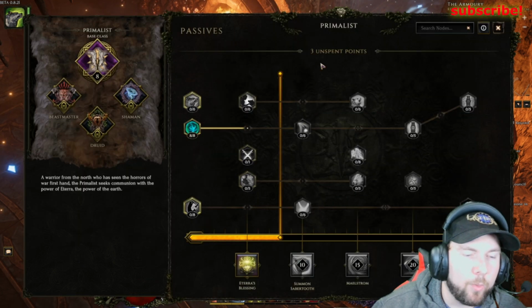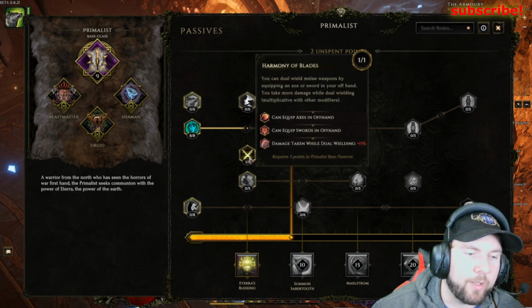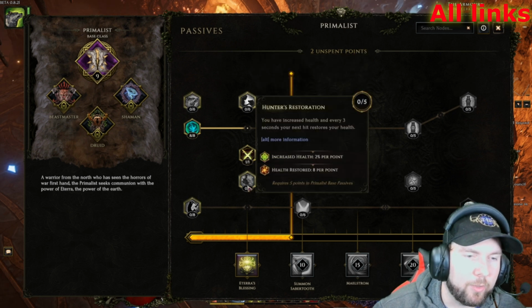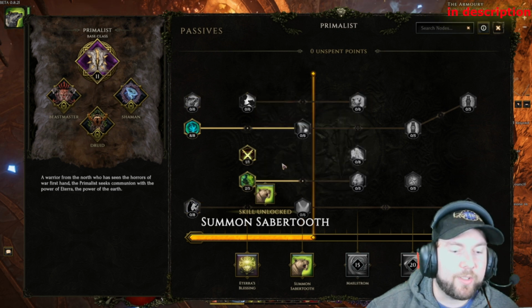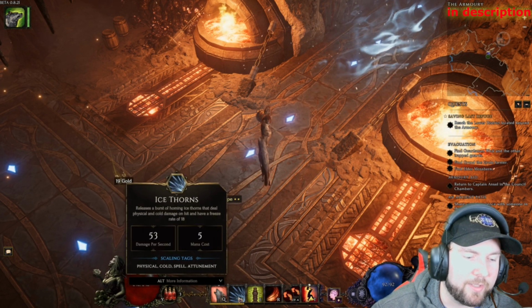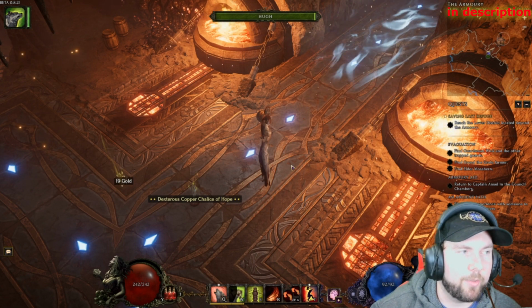For passives, we've got 3 more points. We're going to go ahead and put 1 point in Harmony of Blades so that when we need to, we can do a weld. But then we also want as much health as possible, so we're going to start building into Hunter's Restoration and cap this out, as it does give us increased percentage of health. And this does unlock the Saber, so even though we're not going to spec into the Saber, I am going to run the Saber and the Wolf at the same time, so that we can get a little extra damage,